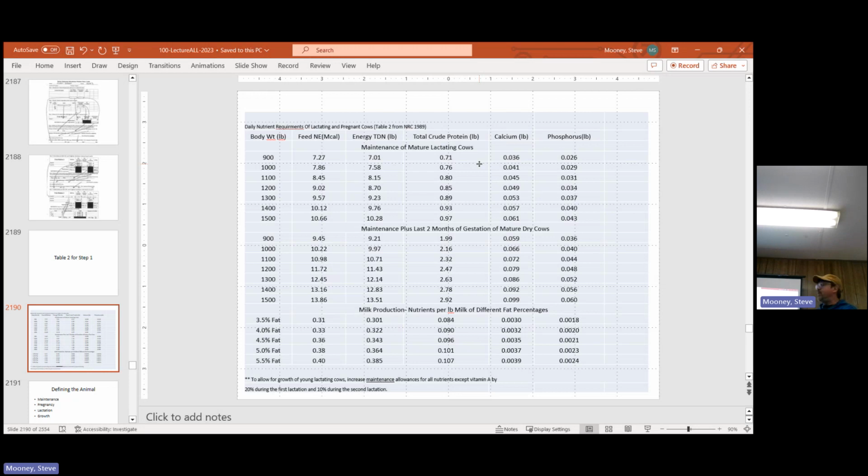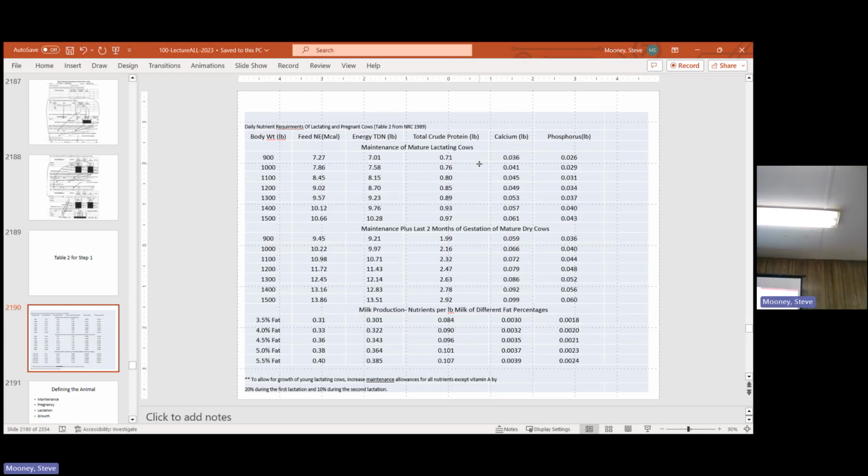0.1079 pounds of calcium every day, and 0.048 pounds of phosphorus every day. So we make sure that the pile of feed we put in front of her each day has those components in it. So if we're looking at, let's say, a 4.0 test, we have to figure out which milk level